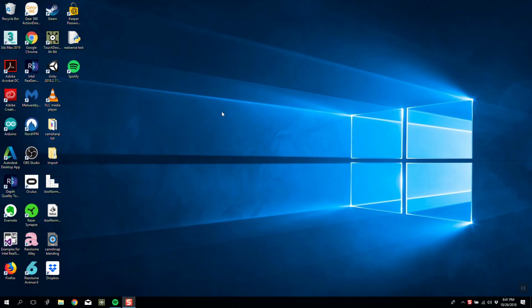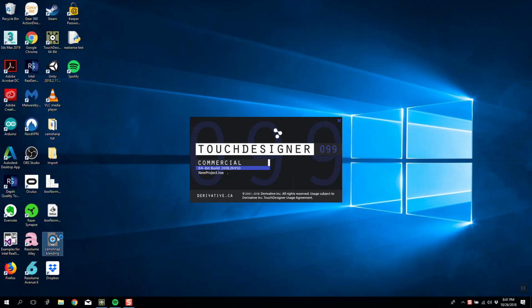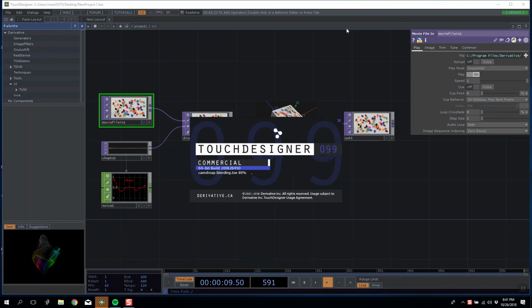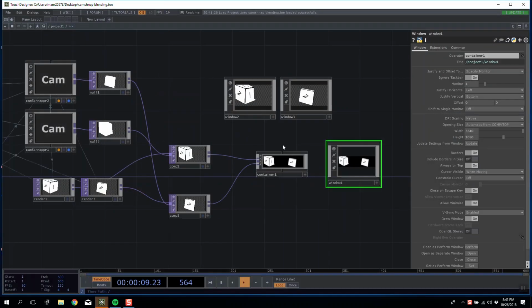So today is definitely not an introductory stream, but I've had something I've been wanting to take care of for a little while, and I thought now would be the time. The basic concept is I've been doing a lot of work with Cam Snappery, dual projector plus projection mapping stuff. I'm just going to load this in the background to show you a demo I made, where